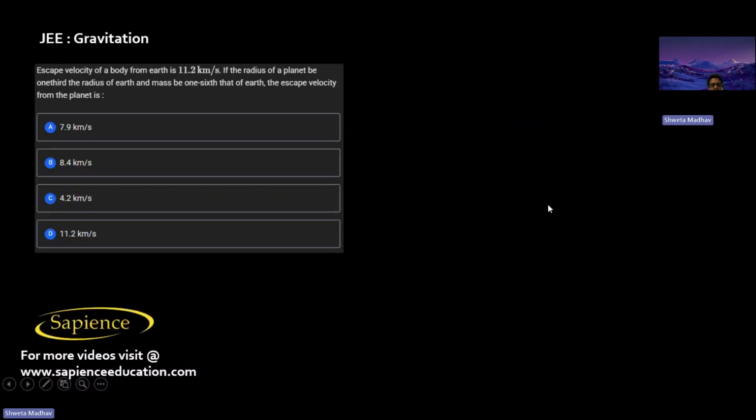So here it is told that the escape velocity of a body from Earth is 11.2 km per second. The radius of the planet is 1/3 of the radius of Earth and its mass is 1/6 of that of Earth. The escape velocity from the planet is? So we know that the escape velocity from the Earth is given as